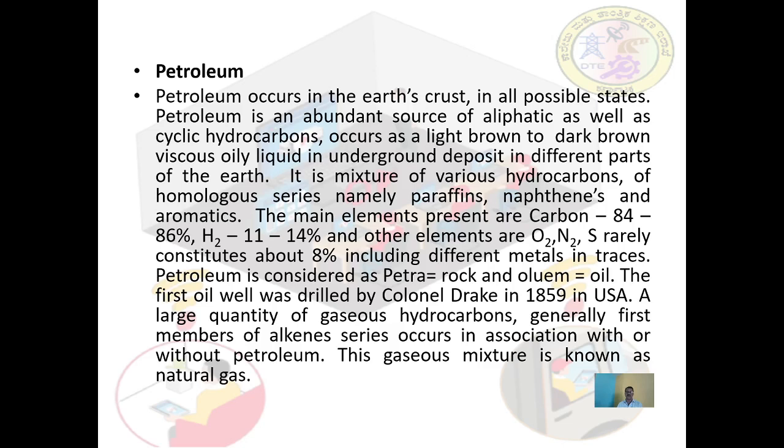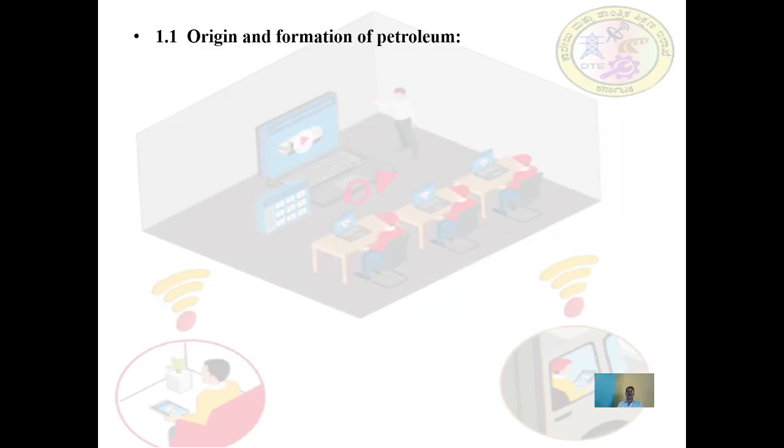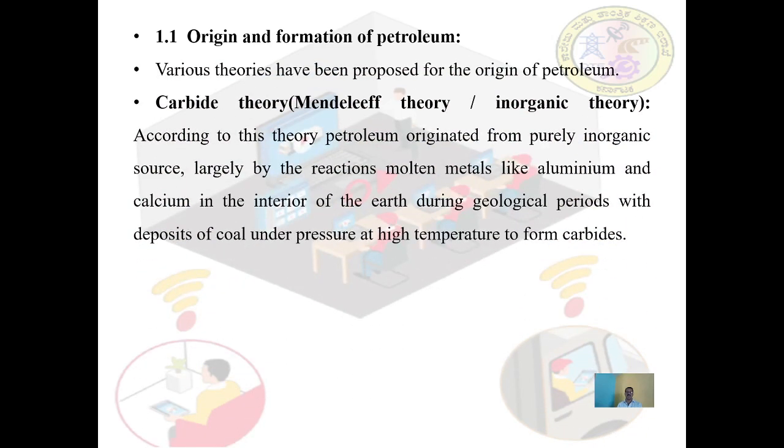Right? So next we'll see the origin and formation of petroleum. Various theories have been proposed to explain the origin of petroleum. The major theories are carbide, Mendeleev or inorganic theory, then Engler's theory or organic theory, and modern theories. As for this carbide theory or Mendeleev theory or inorganic theory,